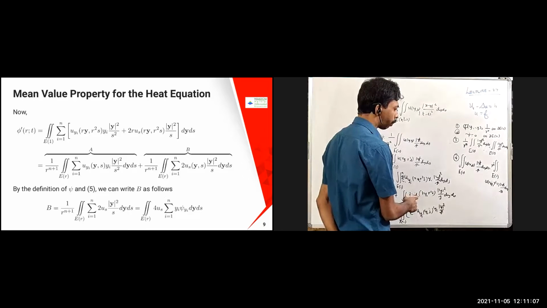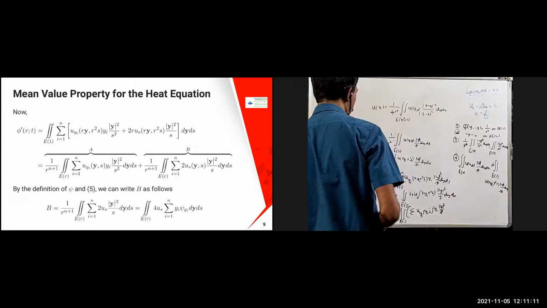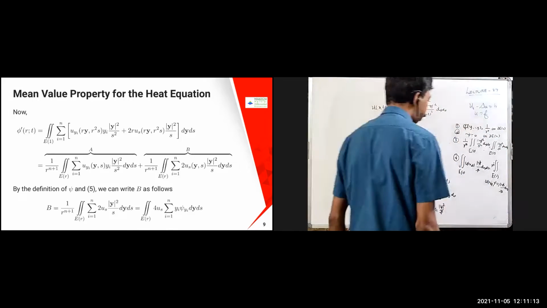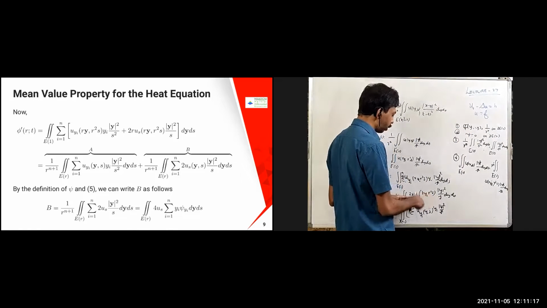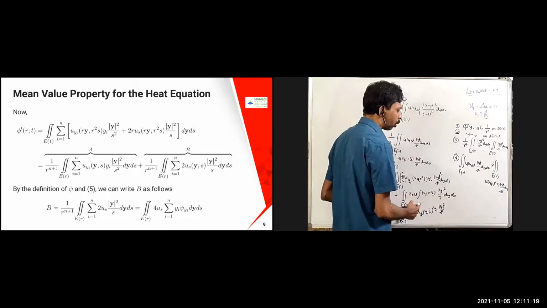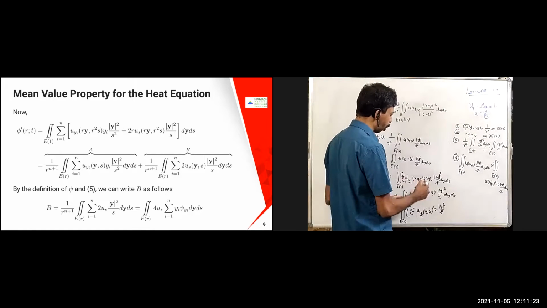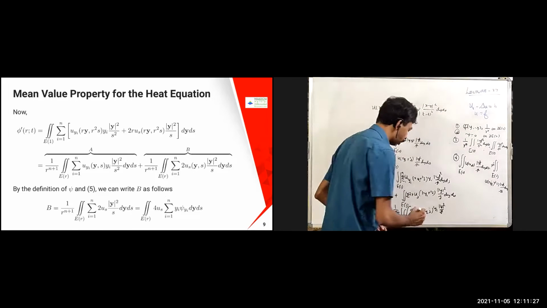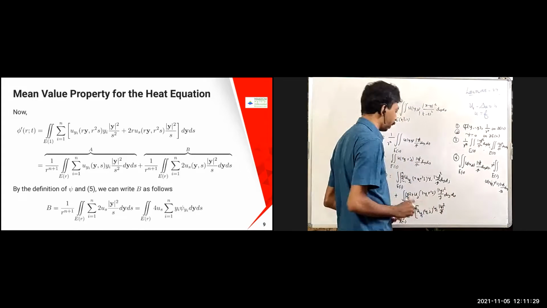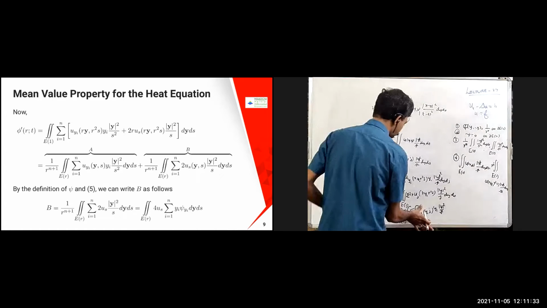Sorry, one more thing. Here also you are going to have a summation term, because here also you have the s term, right? So each time you have to do that because r is going to be there. Every time you have to do that, so here also I forgot the summation. So this is going to be the total summation, I'm going to keep it. Summation yi is going to come, plus.